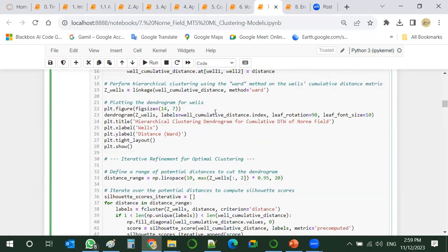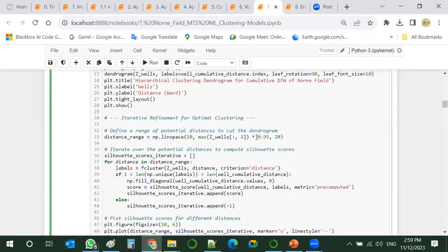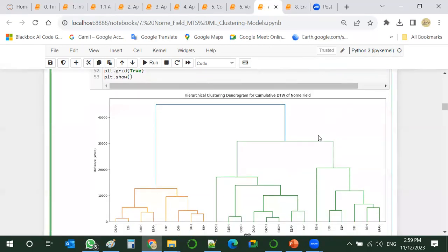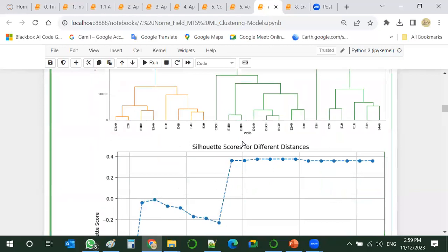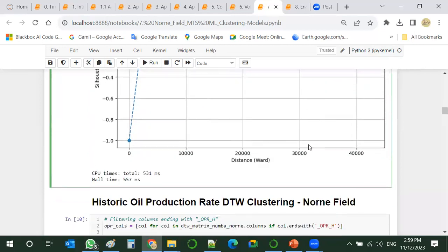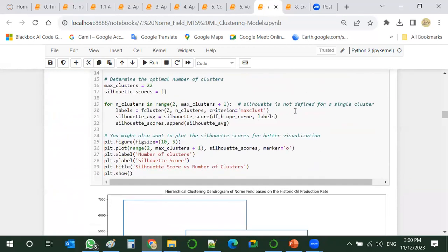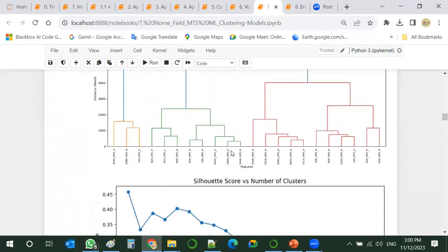We apply this to the Norne field, and here you can see the dendrogram of the cumulative DTW, and these are the silhouette scores for the different distances. If we use only historic production rate, we end up with this.